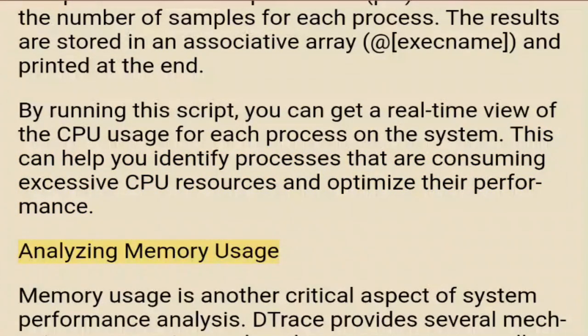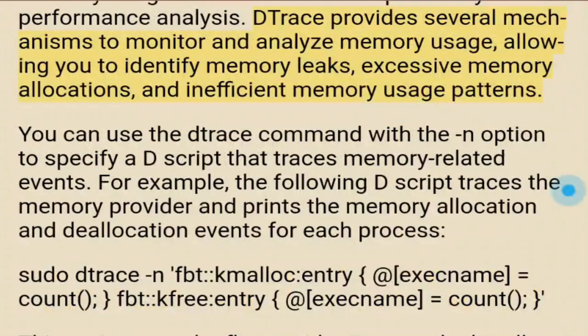Analyzing memory usage. Memory usage is another critical aspect of system performance analysis. dtrace provides several mechanisms to monitor and analyze memory usage, allowing you to identify memory leaks, excessive memory allocations, and inefficient memory usage patterns. You can use the dtrace command with the -n option to specify a dscript that traces memory-related events. For example, the following dscript traces the memory provider and prints the memory allocation and deallocation events for each process. sudo dtrace -n